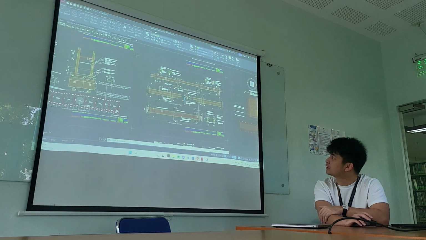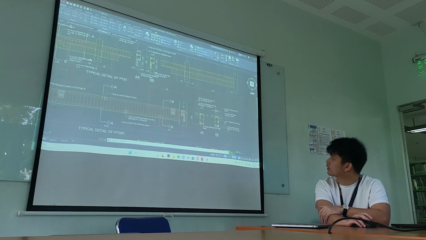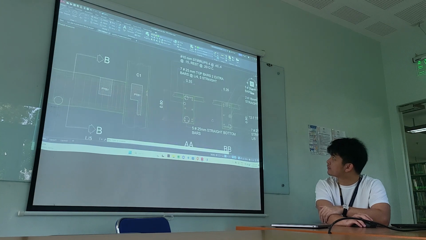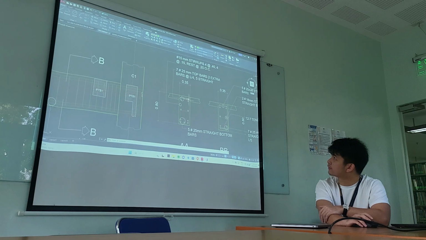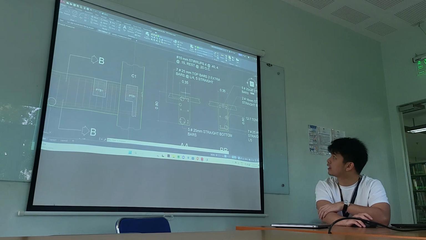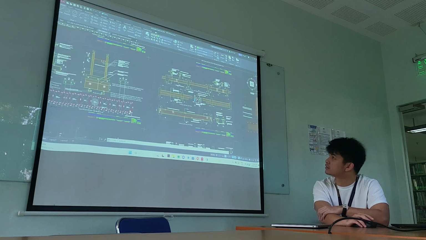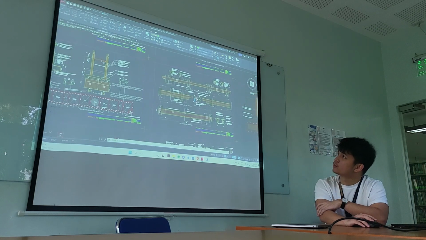So for the PTB1, A and B have the same depths and widths, but as I mentioned, the placement of the rebars is alternate. For A, there are more rebars at the top area, and for B, more rebars at the bottom section. Moving forward,